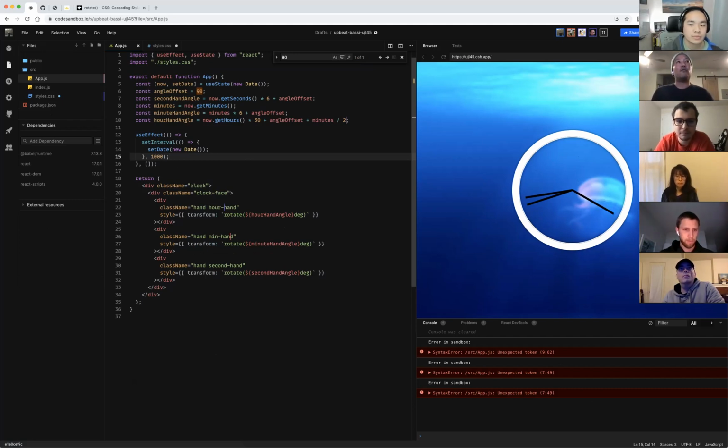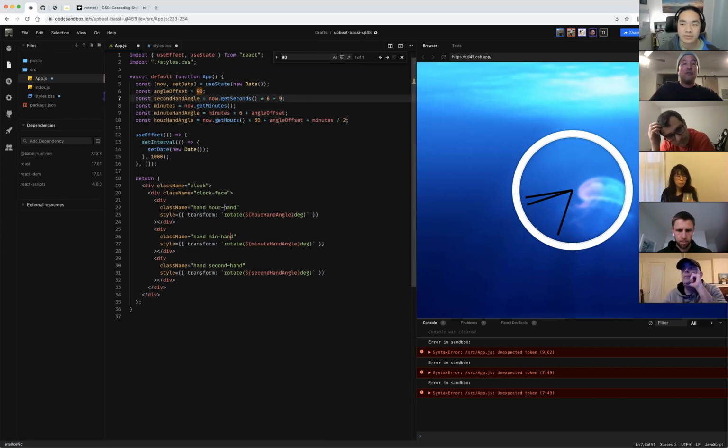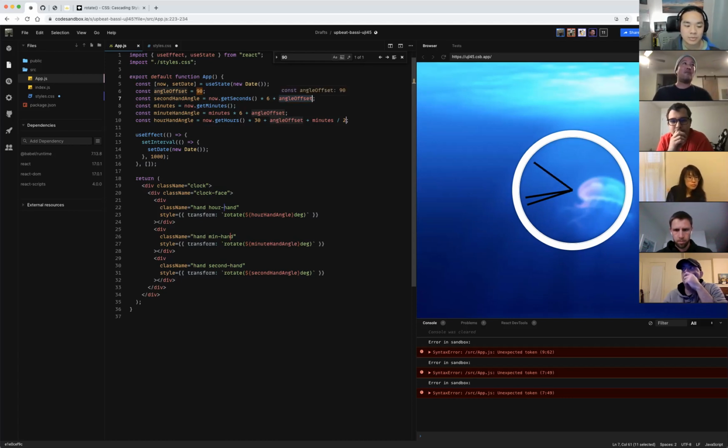So yeah, generally, otherwise it just looks like it's harder to read, right? If you just put 90, we call that a magic number. Even the 6 is a magic number, right? Like if other developers come onto this code, say you leave the team and then other people come, they're gonna have to think, why is this adding 90? It's easier if it's named. I don't know if angle offset is the best name. You could also put a comment here